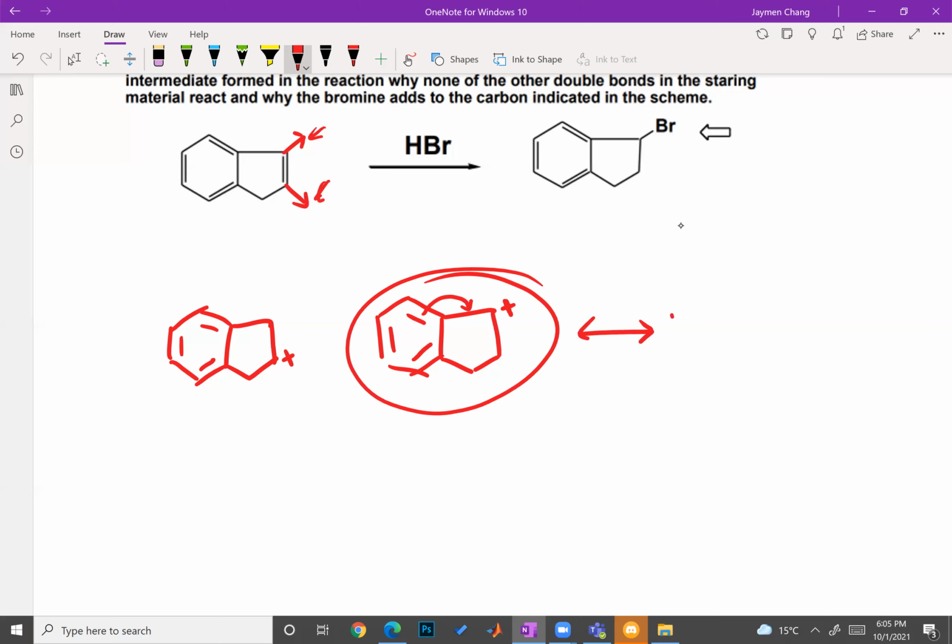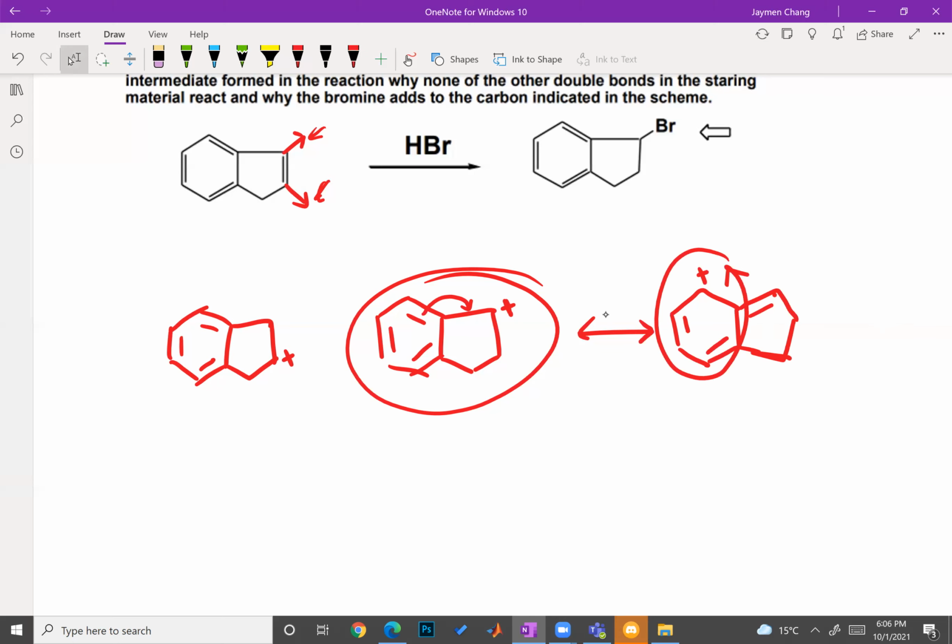And this resonance species is going to be stabilized by the aromatic system, which is going to look like this. And what we're going to do is we're going to have a delocalization of this positive charge in this ring, which means that this is actually going to be the more stable species, which means that if you think about